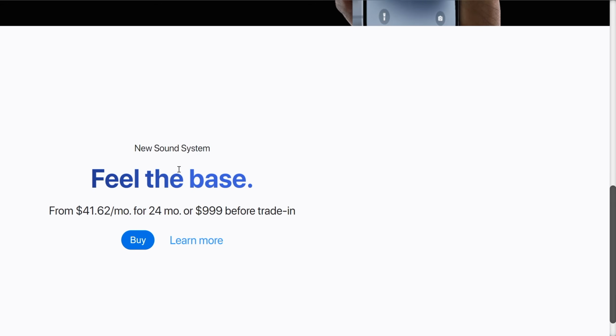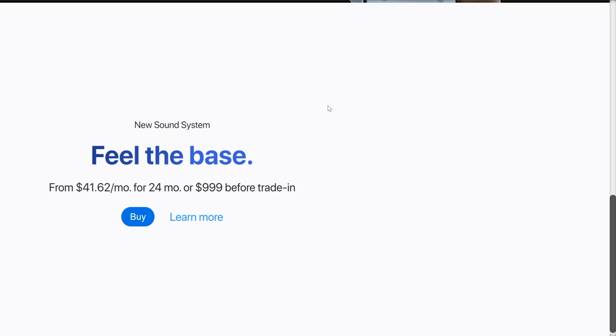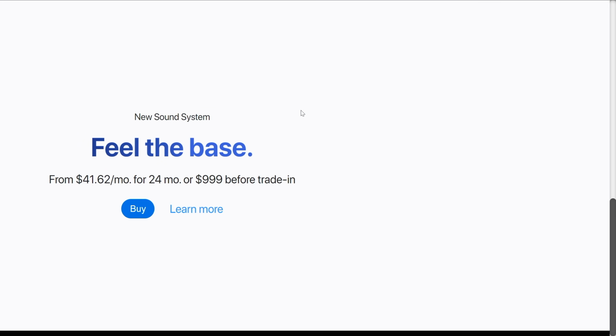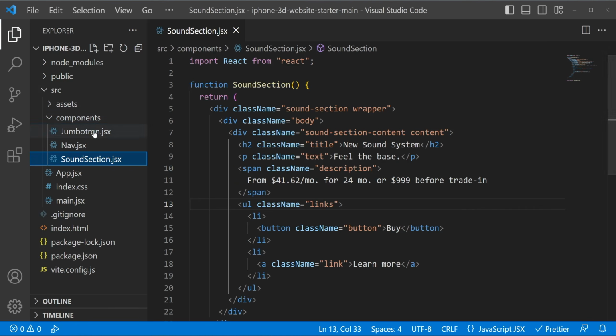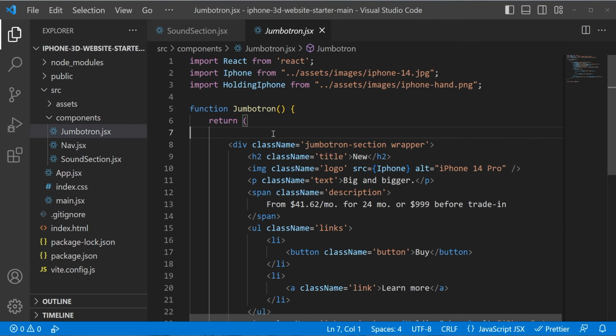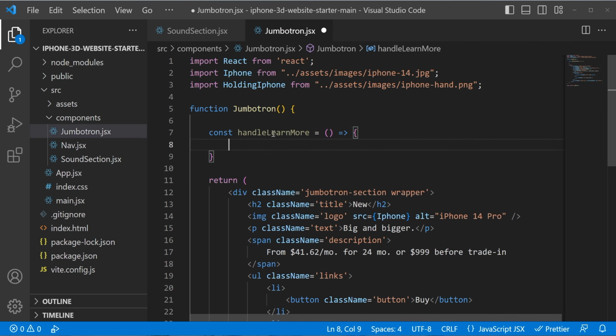But since we added this section, we can implement this one actually. So once we click on the learn more, we want the page to scroll down to this section. So let's do that. So let's open the jumbotron component, and here on the top, let's add a function. Name this function handleLearnMore. This is a fat arrow function. First we want to target our sound section. So use the